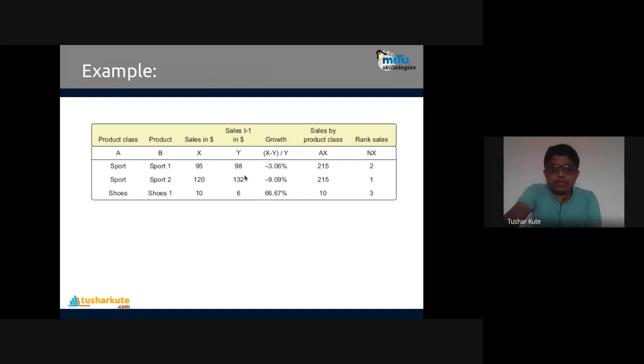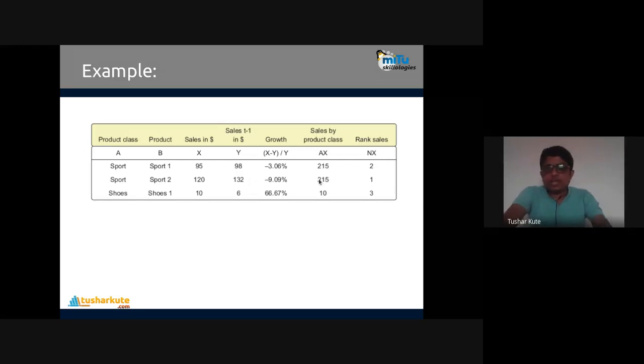Previous day's sales, that T-1 is taken, and current day's sales. So you can check previous day 98 and next day 95. So we are having minus 3.6% growth. Minus means it is actually decreasing. See, this growth is not given in the data set, but we have to calculate it by formula. Getting it? Calculate by formula. Remember that. Here the formula is applied and we can generate this result. You can check the same thing for many different data sets also. This is how we are manipulating the data entries.